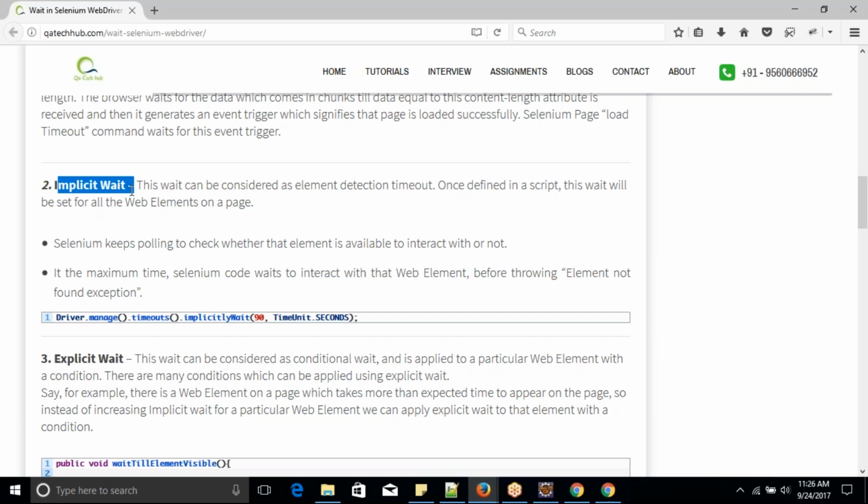Now, if I don't give any time here, then the default time is 0 seconds. Selenium expects your web element to be there within no time, within 0 seconds. But in real time, there will be many web elements which will take time, some fractions of seconds, maybe 1 second or half a second, but they will take some time. And if you try to interact with those elements which are taking time, then